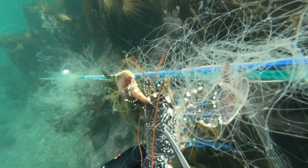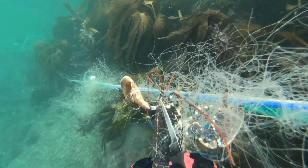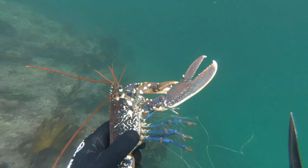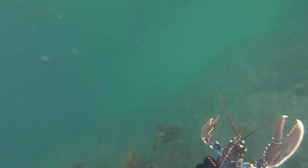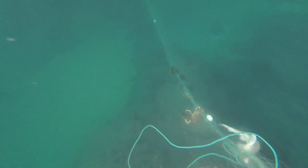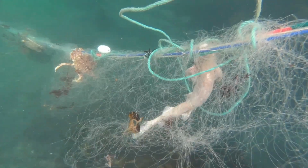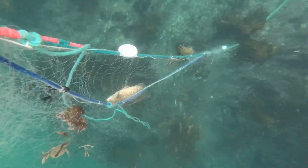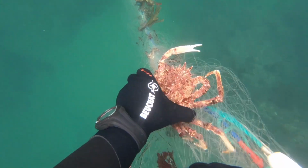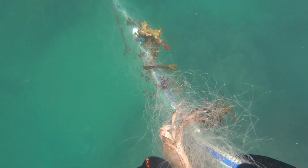This was a ghost gill net that I found diving. I'd seen it up on the rocks and went to investigate to see if I could get it off. And then unfortunately found a whole mass of dead sea life tangled up in it. Managed to rescue some poor creatures, some crabs, a couple of lobsters, managed to cut free, but most of the